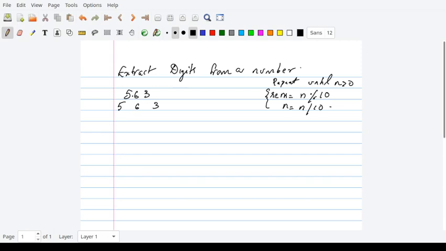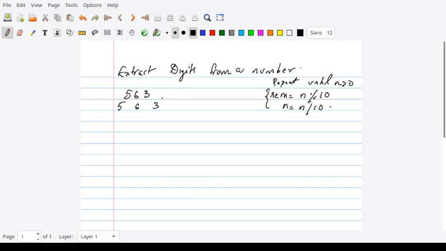When you divide by 100, you will be getting 5.63, right? Then from that 0.63, how can you get 6? That will be difficult, or you have to multiply it with 10 to get 6 point something, right? So that will become a bit complicated. Okay, so what will be the easiest way?